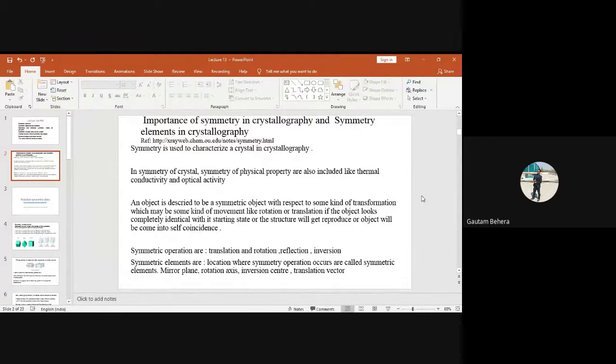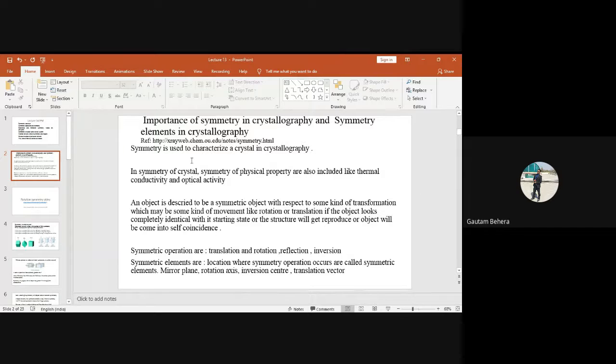Similarly, we have non-translational symmetry like rotational symmetry. We have a symmetry called inversion symmetry. We have reflection symmetry, right? In the reflection symmetry, if you remember, if there is a two-sided mirror, then the left side of the object will be the reflection of the right side, and the right side will be the reflection of the left side. And rotational symmetry: if we choose an axis and rotate the object by a certain minimum angle, and it comes into its same structure again, we can reproduce the same structure, or we are making it self-coincide, then that is again called rotational symmetry, right? So all of these things we have discussed.